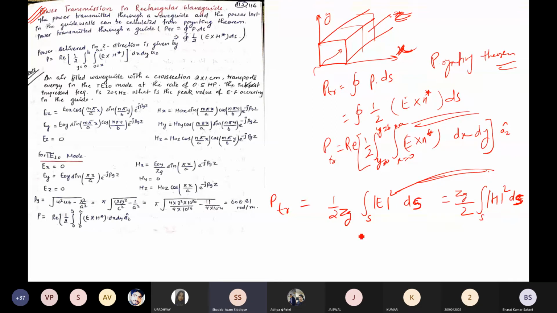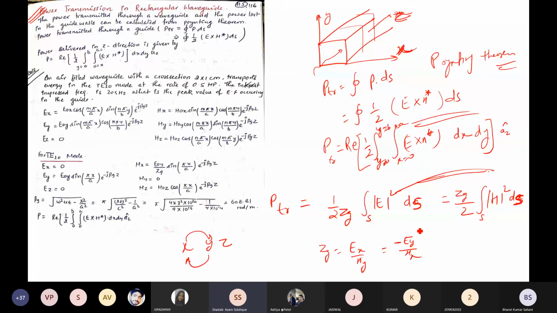So that's how it can be written, where ZG is equal to EX upon HY, or you can write minus EY upon HX. Already we have dictated that x, y, and z. For ZG, electric field is in the numerator. So you can write x to y directly with positive sign. If you want to write from y to z, you have to write the negative. Y to x, you will need to take the negative sign. So that is the transmitted power you can write here.